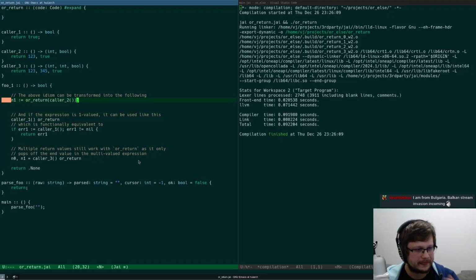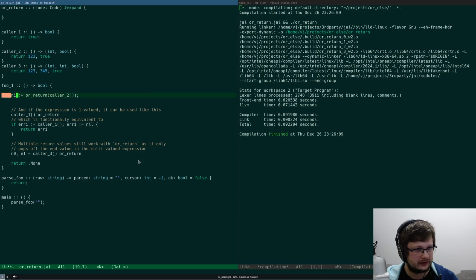But yeah, so I don't actually want a generic on try, because I don't really want to write cleanup code, but it might be an interesting different macro. I actually want to just straight up return, right? So like this, n1 equals color2 or return, right? So in this case it should be just straight up n1. So let me remove this and call foo1 here.